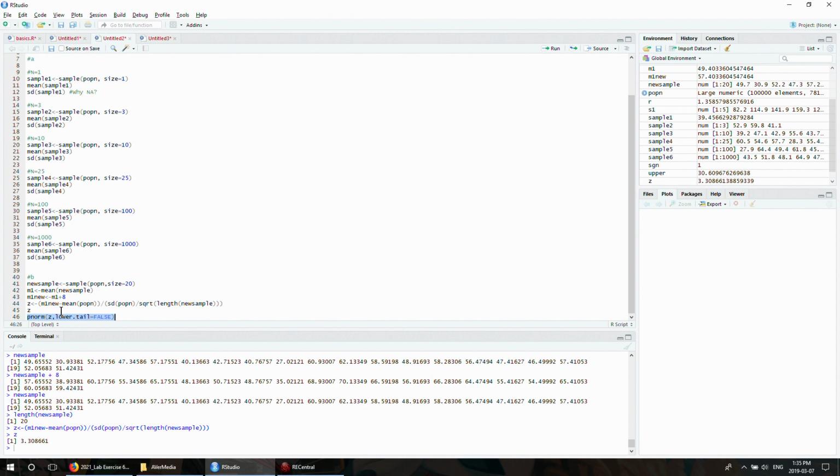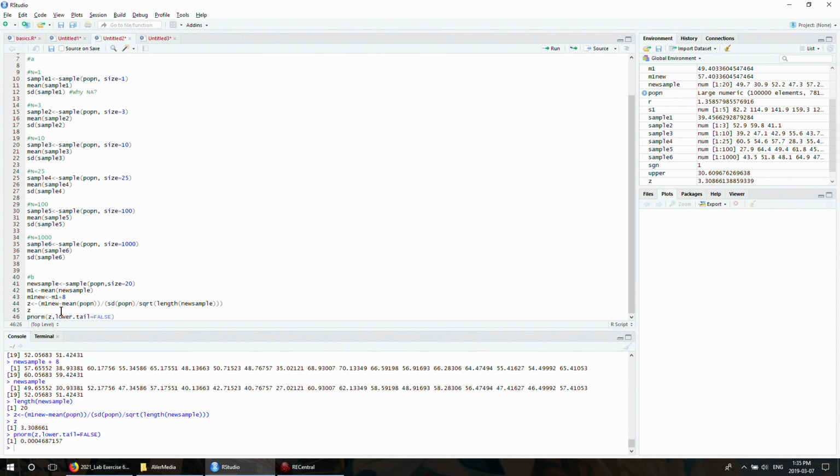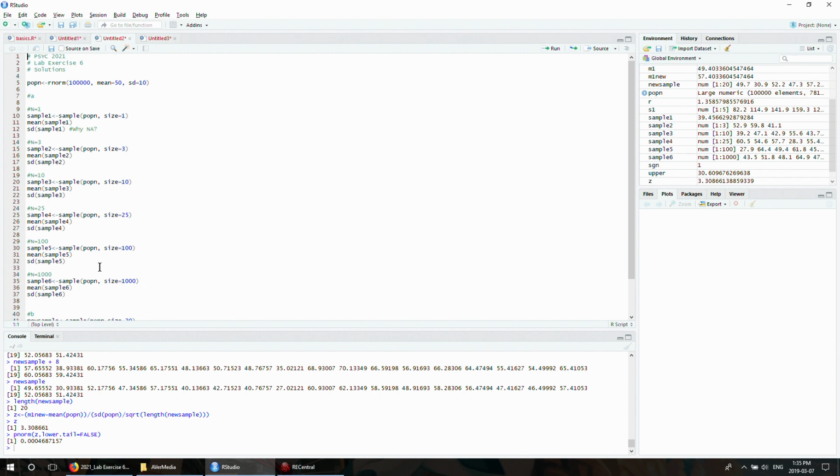Now you should remember that's a pretty high z-score, which is confirmed when we try to get the p-value of this, and it's 0.0004. So like 0.04% chance of getting a number that big or larger drawn randomly. So the treatment, which in this case was just me putting in plus 8, but yeah, the treatment for whatever this group is did seem to be effective. That should be all for